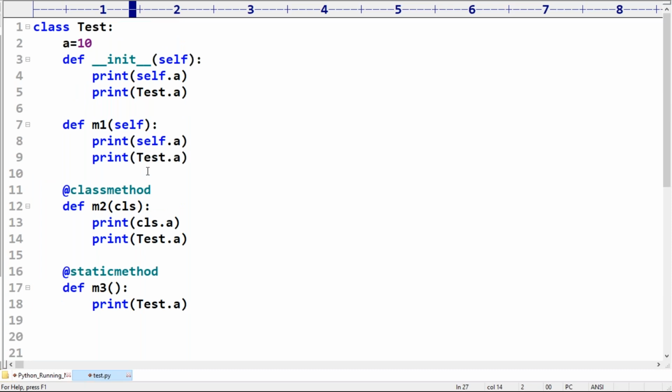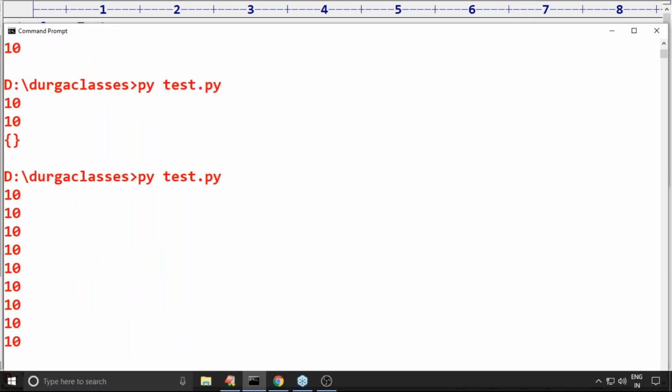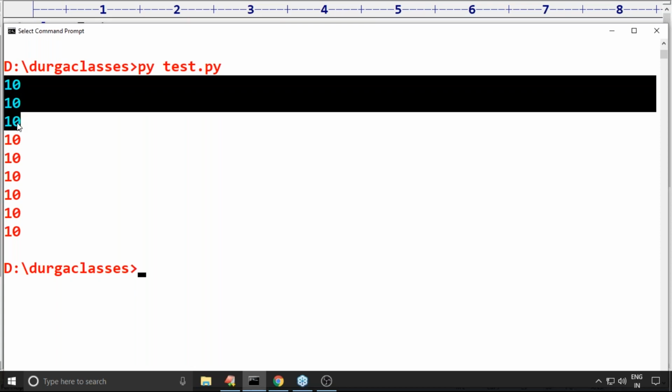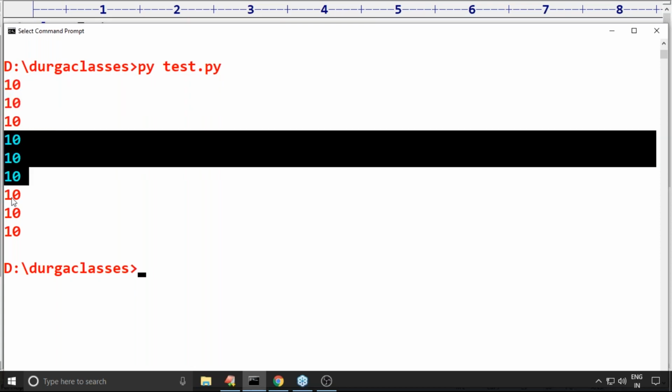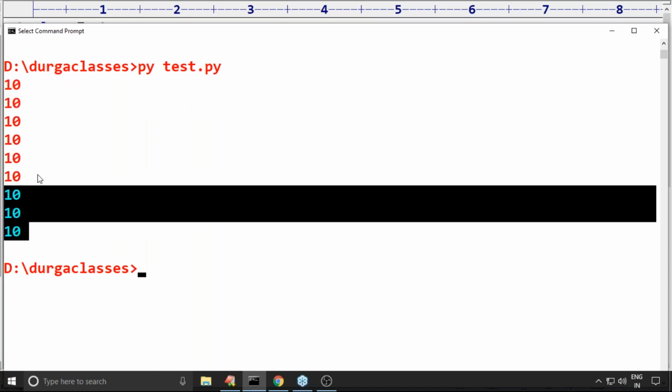All of these are possible, but if you want to access a static variable, it is highly recommended to use the class name. Good programming practice. 9 times, am I getting it or not? 3, 3, 3, 9 times. Perfect, it's working properly.